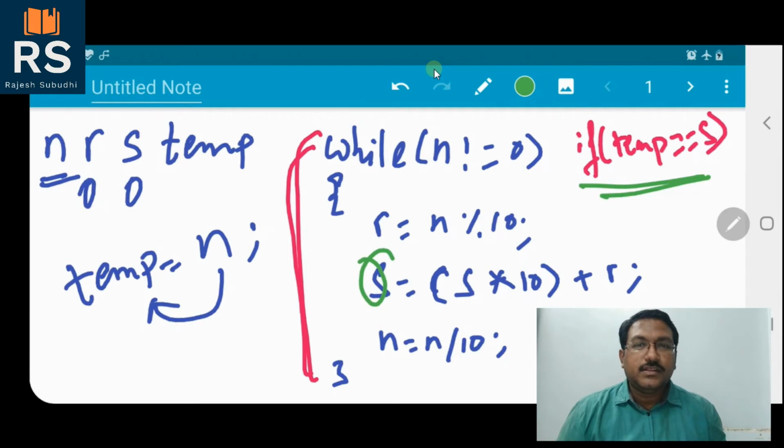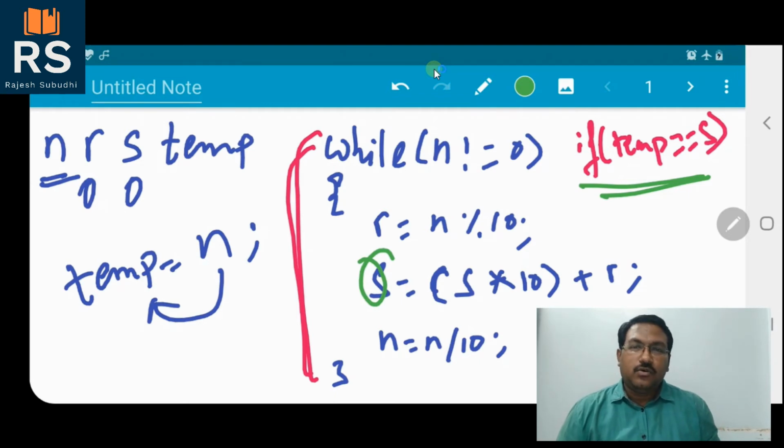It's very simple. We just have to find the reverse of that number, and before finding it, store that number in another variable for future reference. After completing the while loop, we check whether the number given by the user and the reverse number are equal. If equal, then it's a palindrome number. Otherwise, it's not a palindrome number.